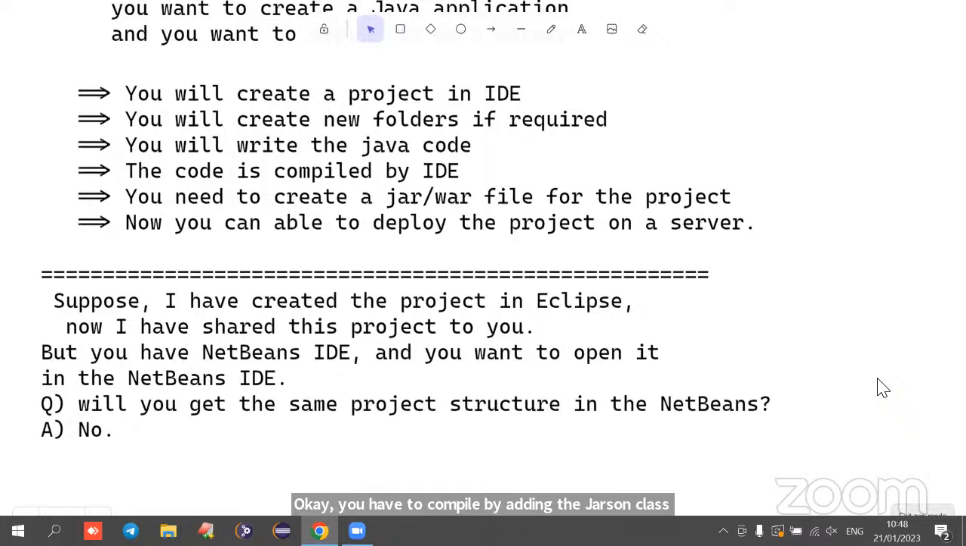After compilation, if you have any test cases, suppose using JUnit, if you did some kind of unit testing of the code you have written, then download the testing related jar files, add them in the class path, then compile and run the test cases. And after that,